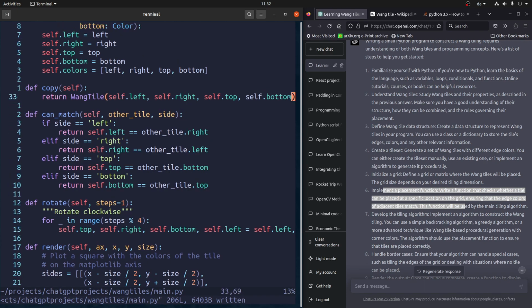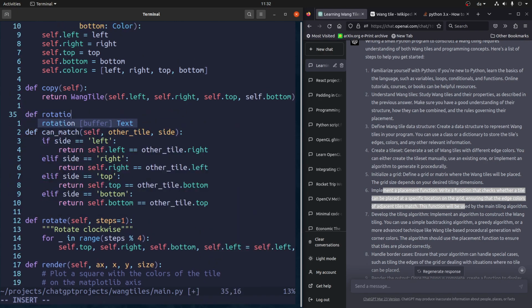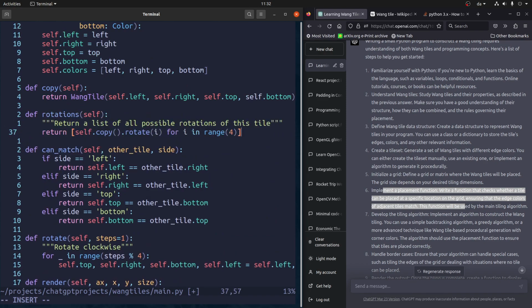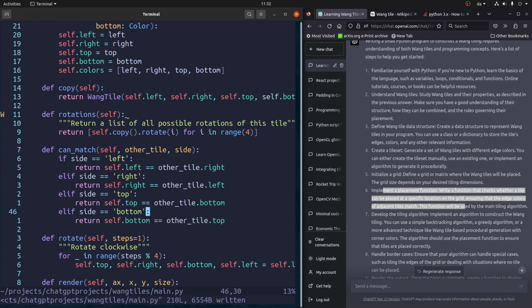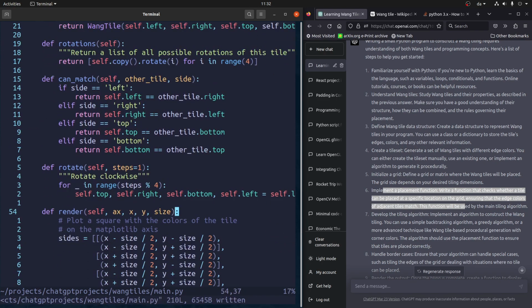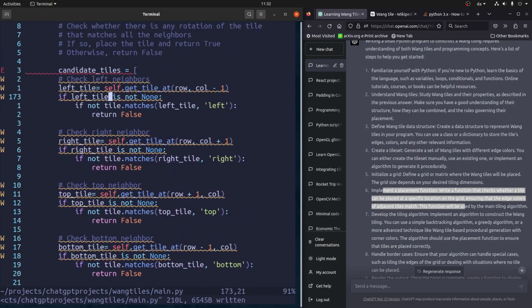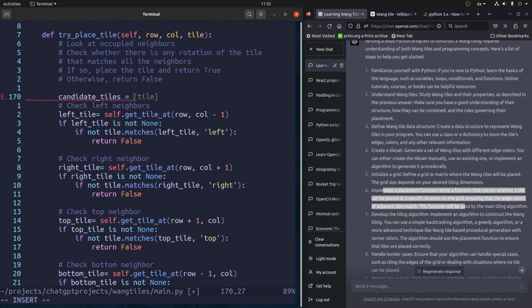Maybe not. Let's make a new function that's called rotations, which will take self and return a list of exactly like that. So candidate tiles is the tile.rotations,